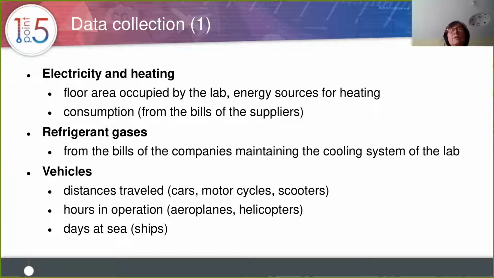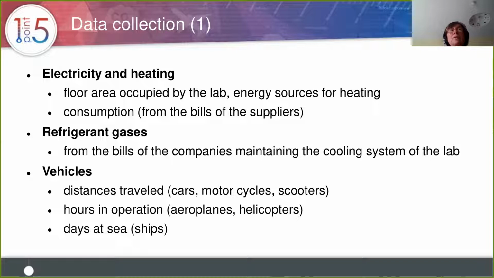And what is the consumption? People have to get the bills from the suppliers, and just put the data into the tool. For the refrigerant gases, people have to find the bills from the companies that maintain the cooling system of the labs, because within these bills, you'll find the fugitive gases that have flown away from the system.